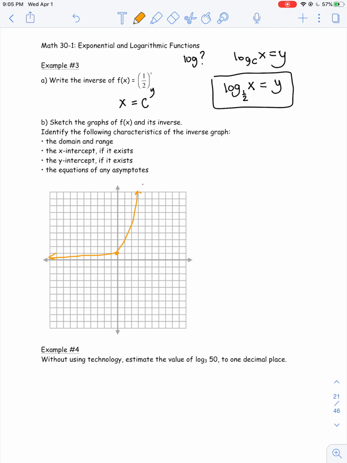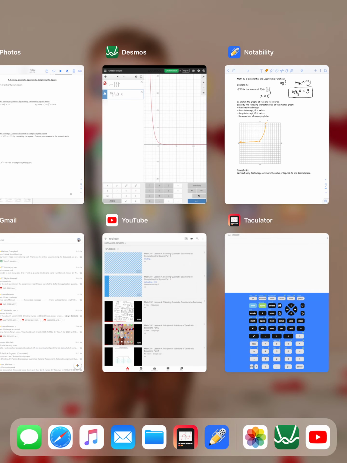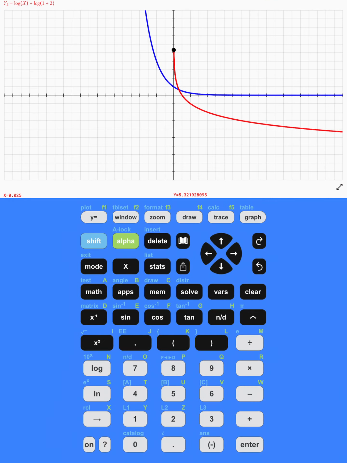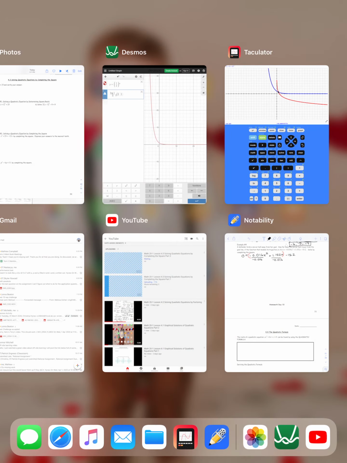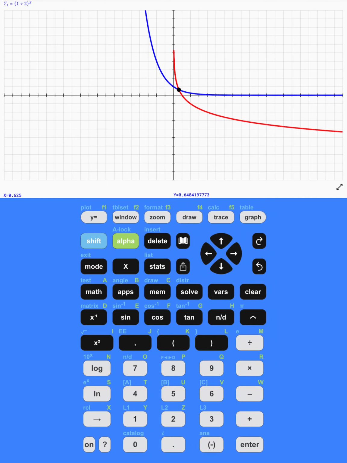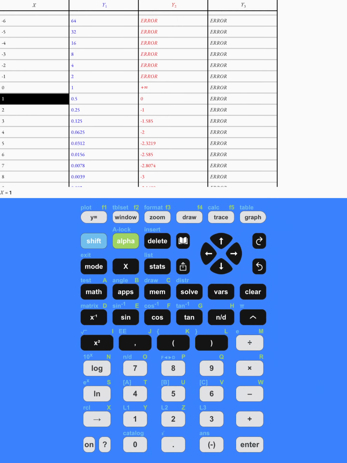Okay, so there's one graph. Now, what is nice is I am going to find that there is a point of intersection here. If you guys look, there's a point that they match up to. So it's approximately there, but you could always find it by doing the intersection. So that would be, if you go second graph,